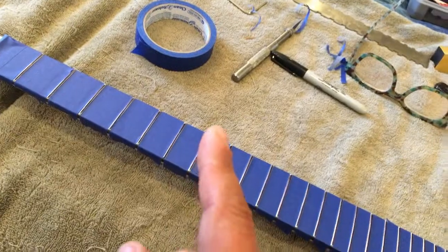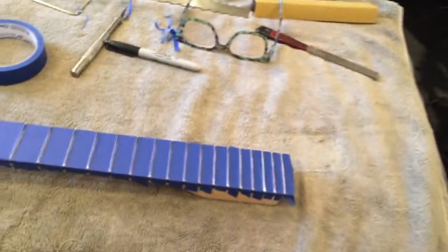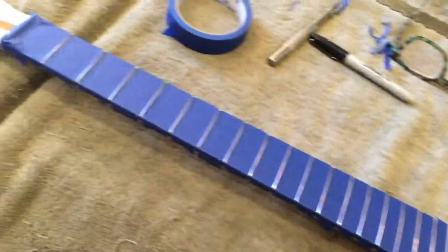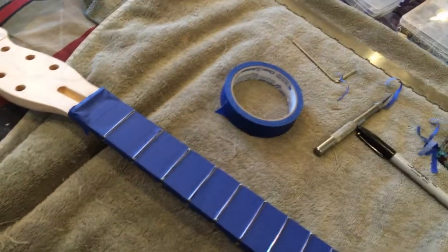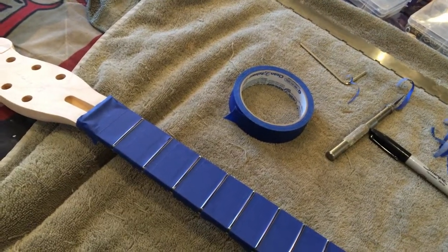Luckily, I do have another project I'm going to be starting. I'm going to do another Serpent Sting guitar. I don't know if you remember before, it's going to have a different paint job, of course, but I acquired this used neck, busted up a little bit. I'm going to fix the neck,